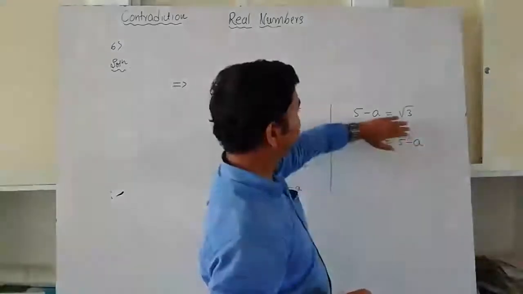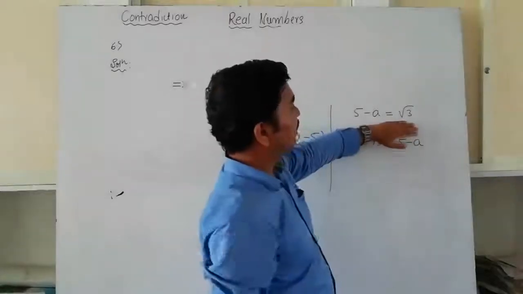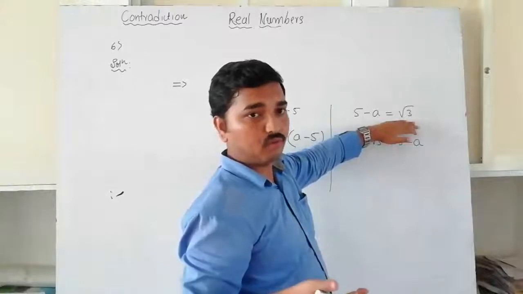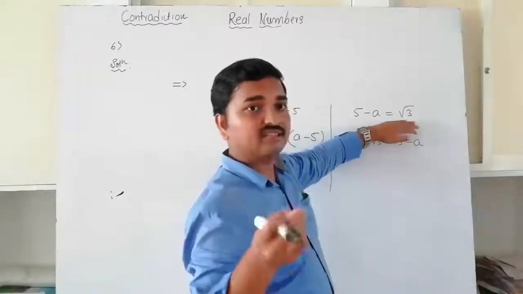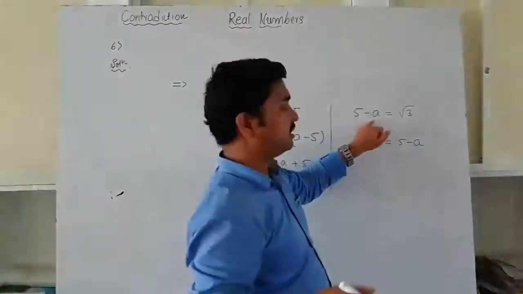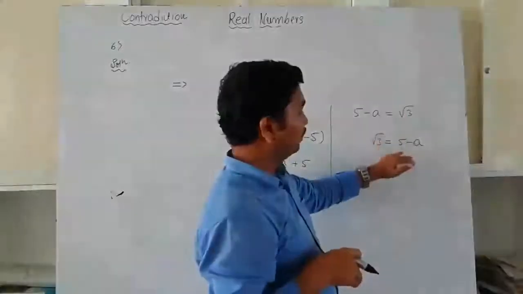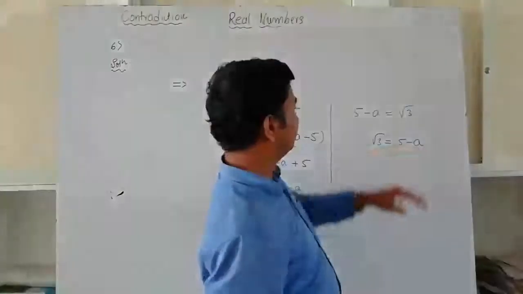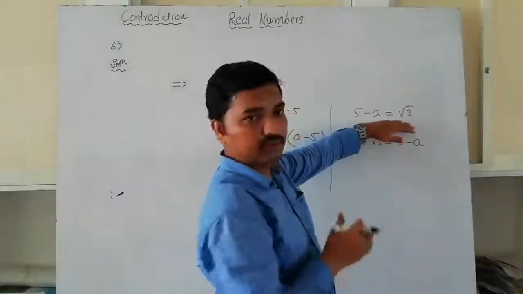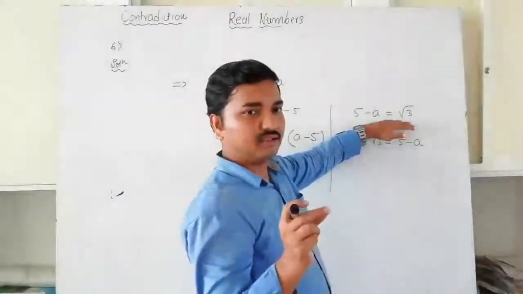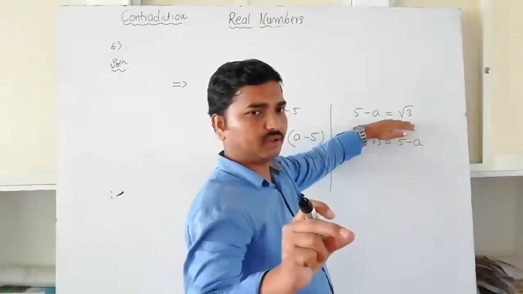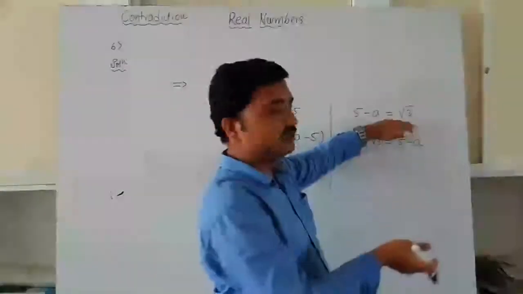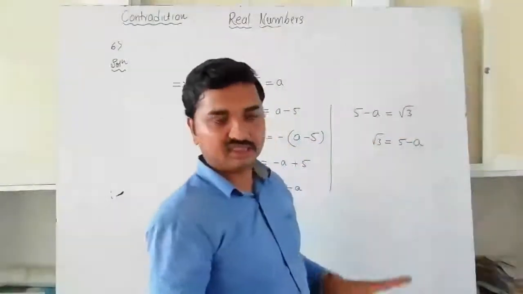If you write up to here and then write the conclusion, it will become wrong actually. In the conclusion what we have told is, LHS is irrational. But actually LHS is rational here. So you need to write one more step like this, and after that write the conclusion. Or else, if you want to stop up to here, then you need to change something in the conclusion. You need to write RHS is rational, LHS is irrational, like that. Is it clear for you?